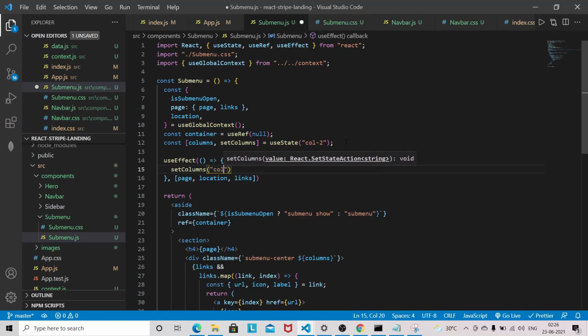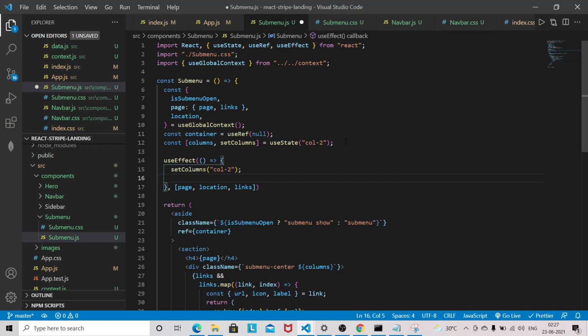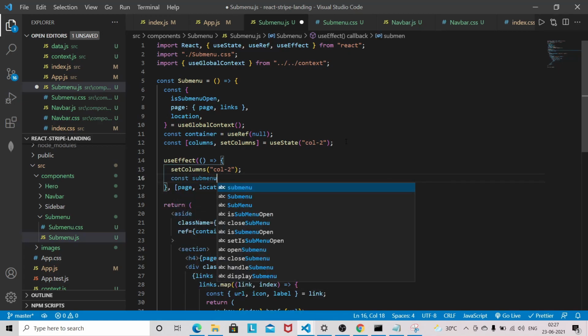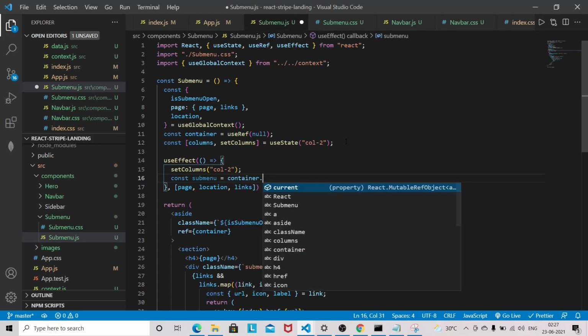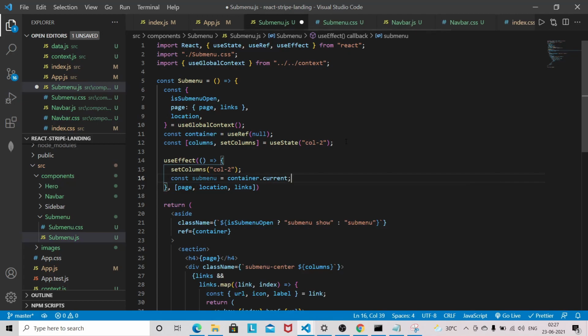Initially I will be setting the column col-2, then const submenu is equal to container dot current. So we can get the value this way, container dot current, if you are using the ref in your component.